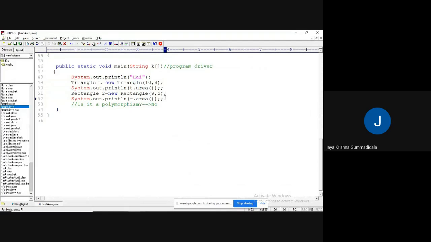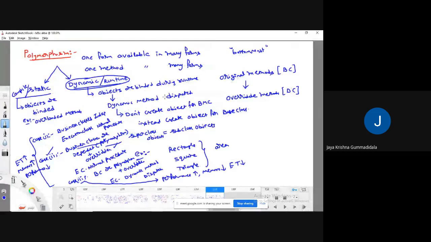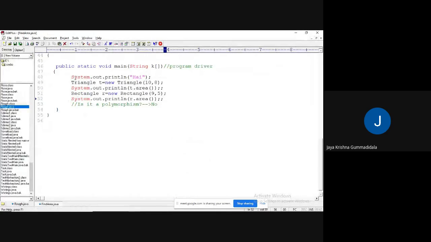But to make the program more efficient, which has to take less memory and less execution time and give more performance, what do I need to use? Here I want to use the dynamic method dispatch concept. So I will make this as comments. Okay, so here the main method starts execution. So dynamic method dispatch is saying what?